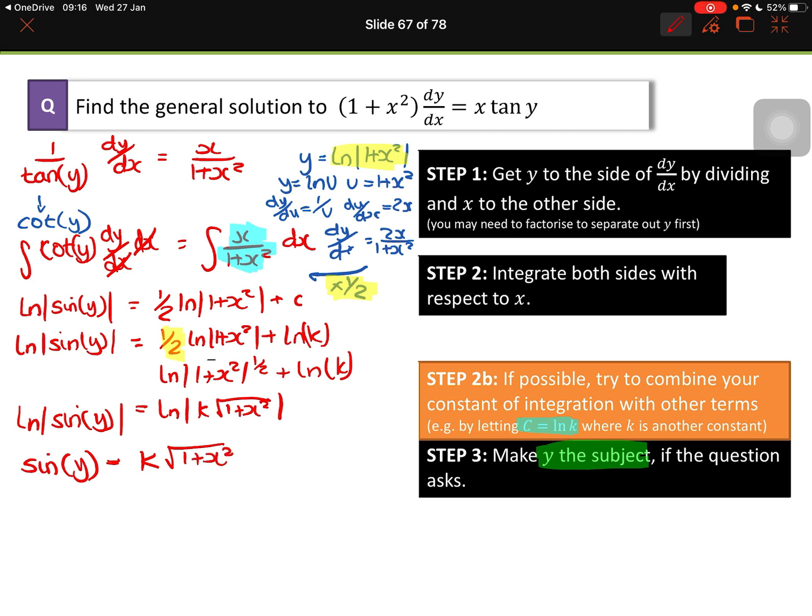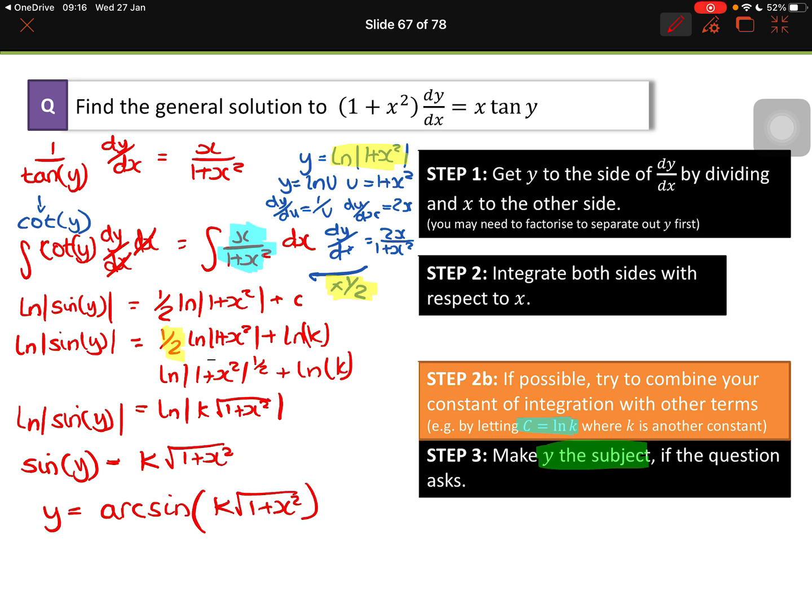Finally, to make it y, I'm going to inverse sine both sides, but when we're using this, we don't tend to use sine to the minus 1. We're going to use arc sine instead. So it's arc sine lots of k root 1 plus x squared. A little bit of difficult manipulation there to get to the final point, but it's